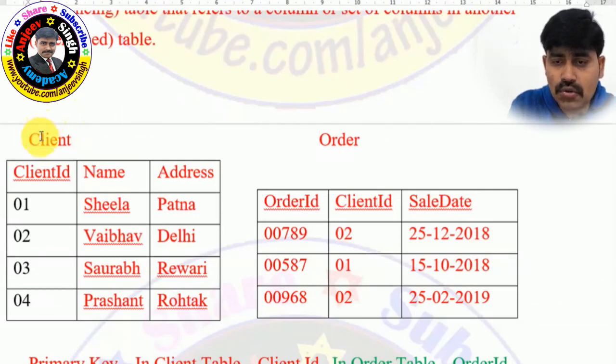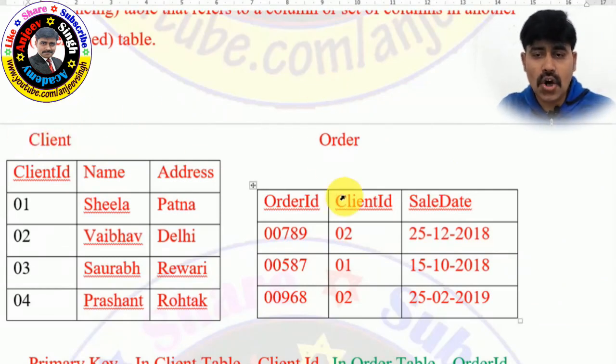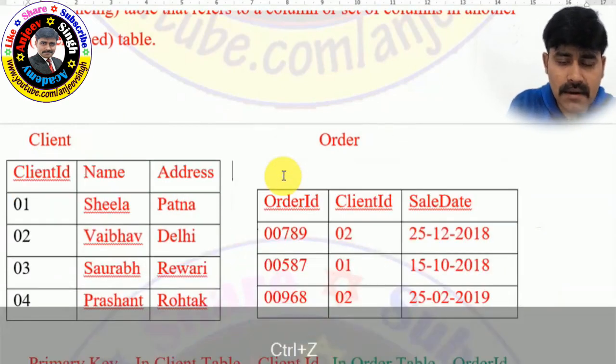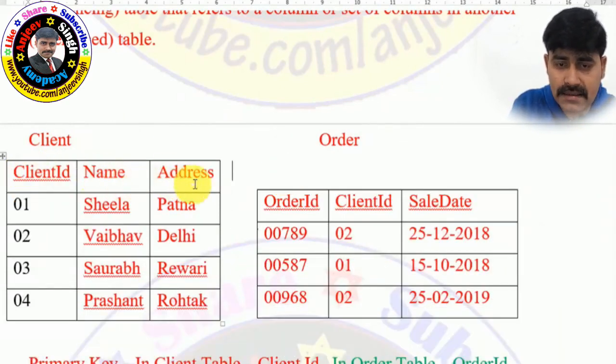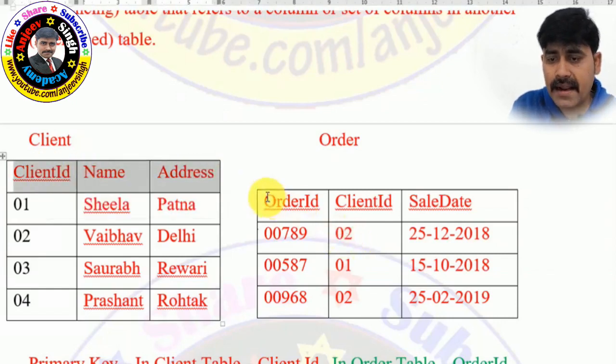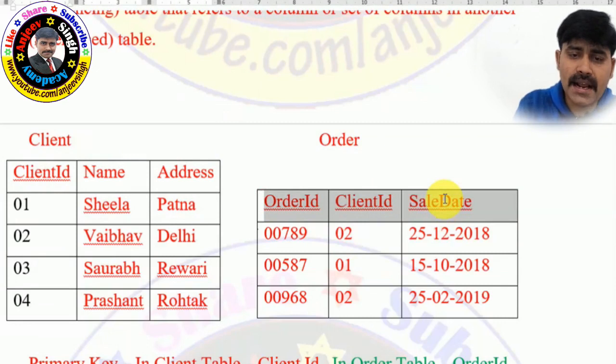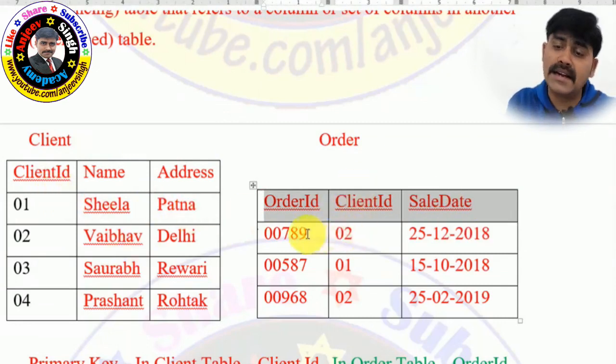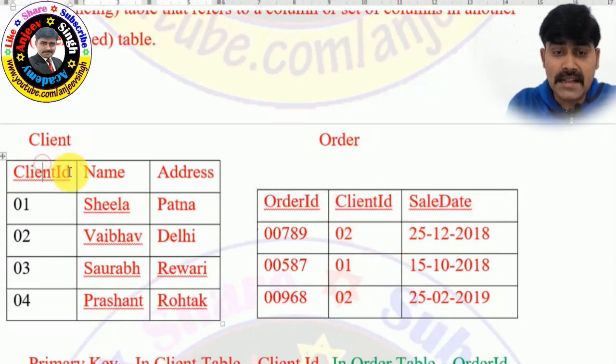So for example, I have given two tables here. One is the client, another is the order. In the client table, there is a client ID, name and address. It is given here: client ID, name and address. In the order table, there is the order ID, client ID and sell date. In the client table, the client information is given, but in the order table, the orders given by the client, that information is given. So here in the client table, the client ID is the primary key, and